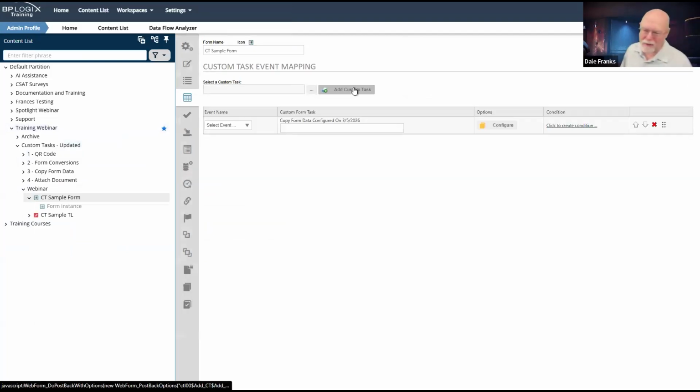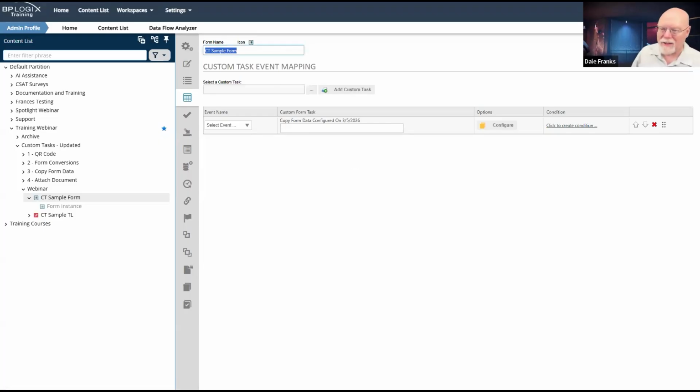We'll add that custom task. And note, I don't have to identify a source form. This custom task is already on this form, the CT sample form. So we're going to assume that CT sample form is the source form for the custom task.